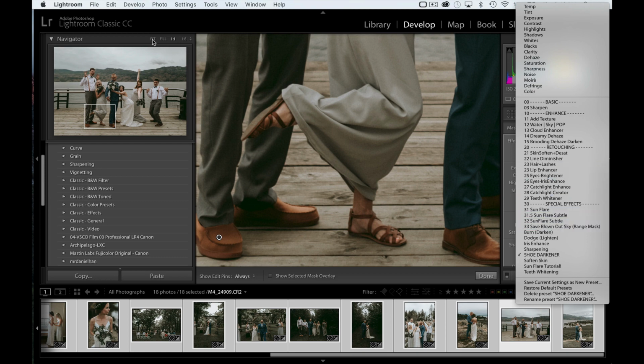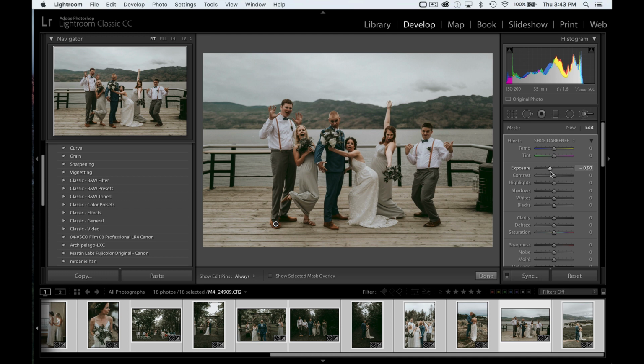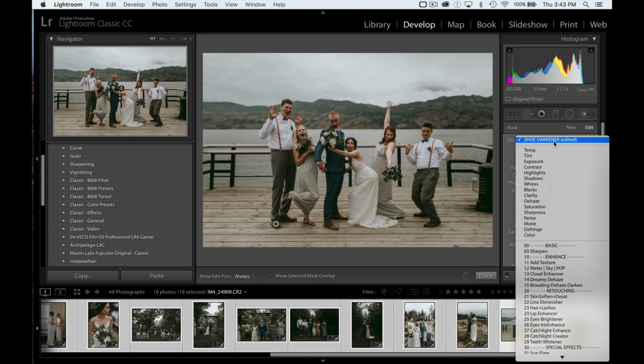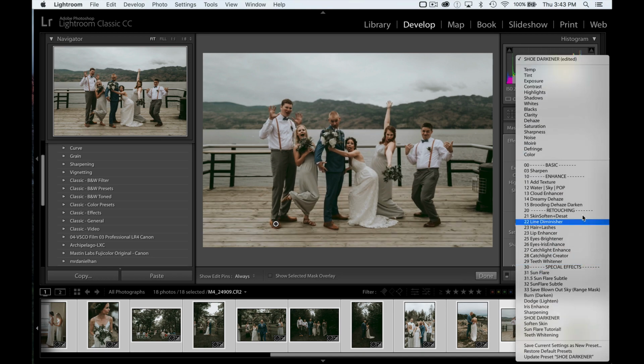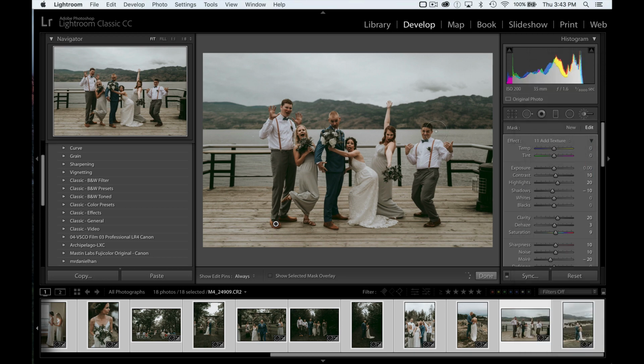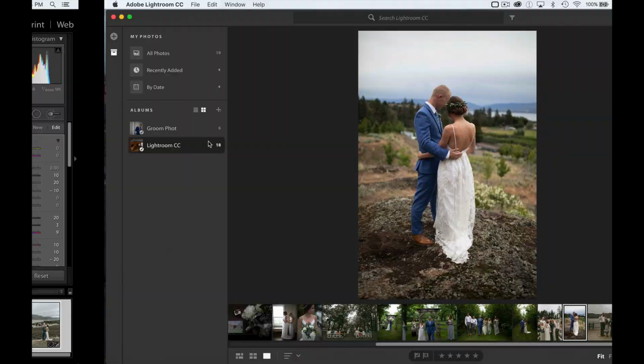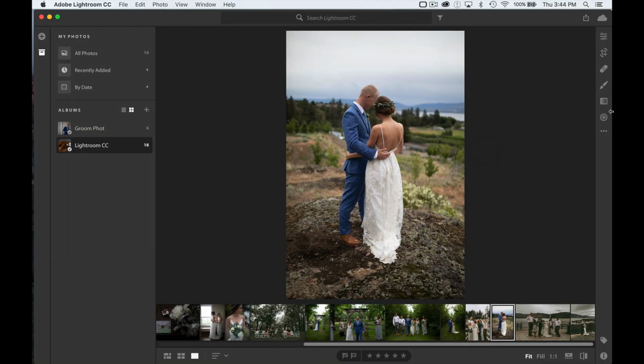I use these all the time, and they save a ton of time rather than going in here and saying, okay, I want a brush that does this and this and this and this, and I want a little more clarity, a little less dehaze. I don't have to do that every time. I can just go in here and say, oh, I want the shoe darkener, or oh, I want the detail texture enhancer. And I can just paint on my mountains here, and I've automatically got that texture perfect just the way that I want it. In Lightroom CC, however, if I were to go over there, I can go in here, find